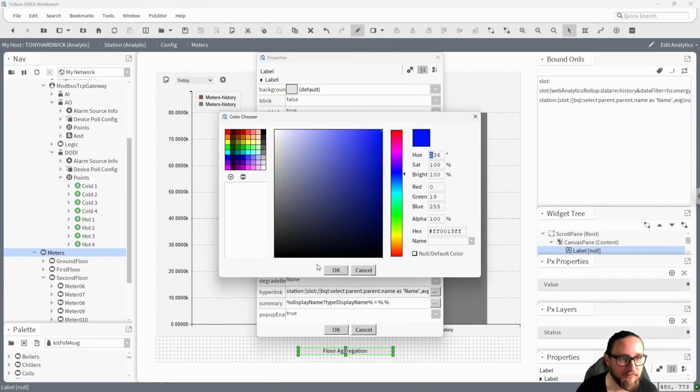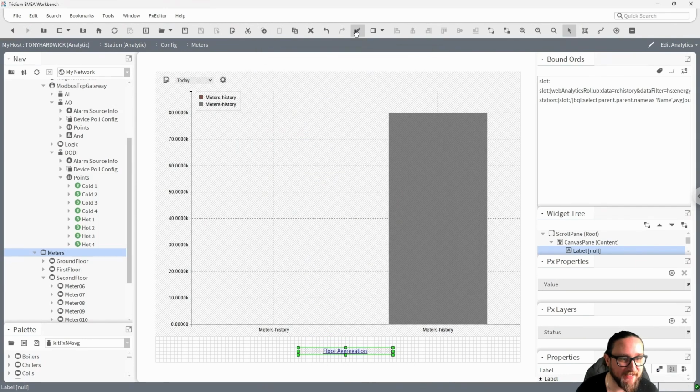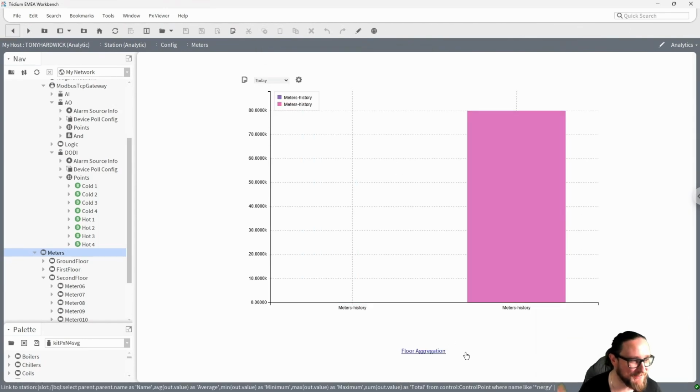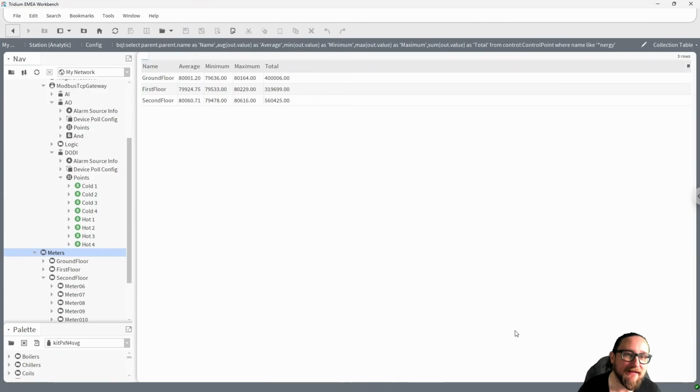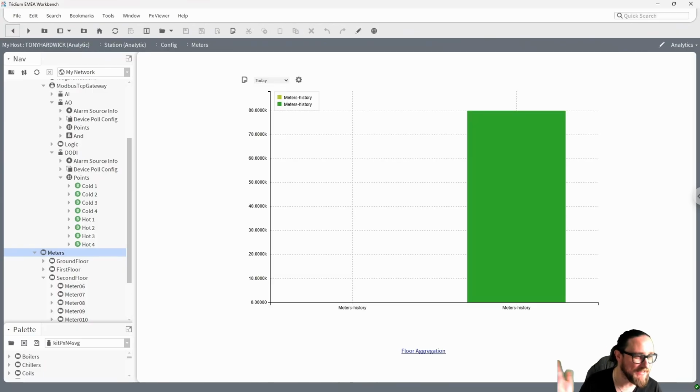Blue. I don't know. Sort of hyperlinky. You can obviously do a hyperlink however you like. Do it as a button or that sort of thing. This is kind of very 1990s internet. But there we go. So we can jump to the aggregation. We can give the end user a quick jump so that they can have a quick look at a basic BQL